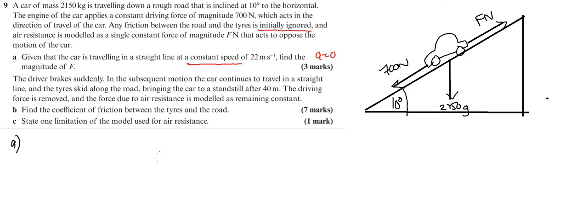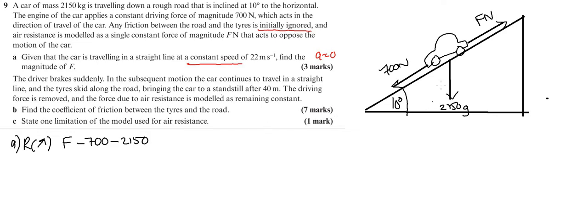Okay, right, so we can go up the slope because F is going up the slope. So as I said before, it's always a good idea to resolve in the positive direction of the force you're looking for, so then you get a positive answer. So we've got F, that's going up. Now what have we got? We've got minus the 700, which is acting in the opposite direction parallel. So that's the forces included in total. And then we've got